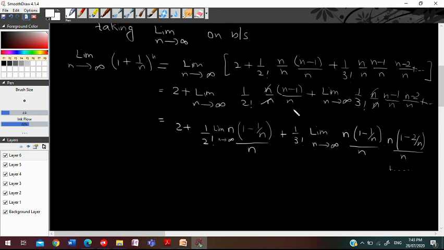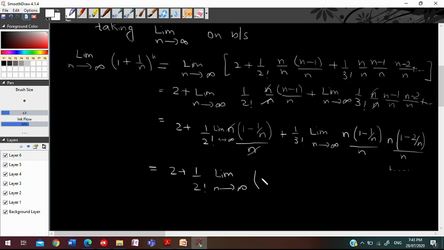We are taking n as a common. Why? To avoid infinity, to avoid the undefined form. That's why I have taken n as a common over here, and in my next step I will cancel this n with this. Now you can see 2 plus 1 by 2 factorial, limit n approaches to infinity. Now when I cancel this n with this denominator n,